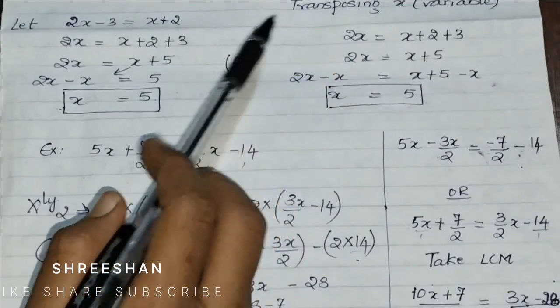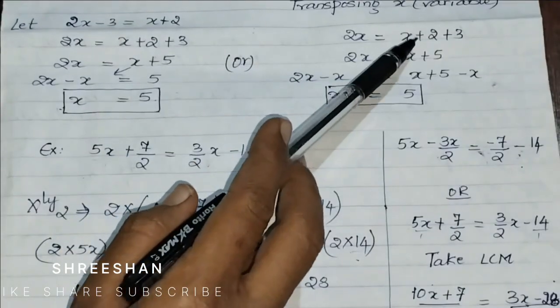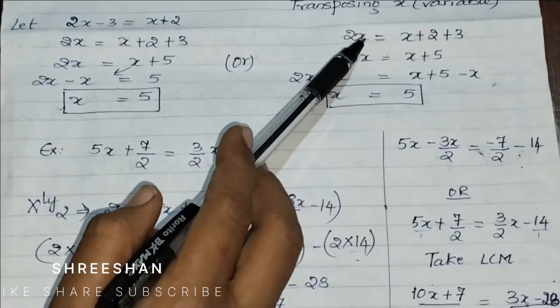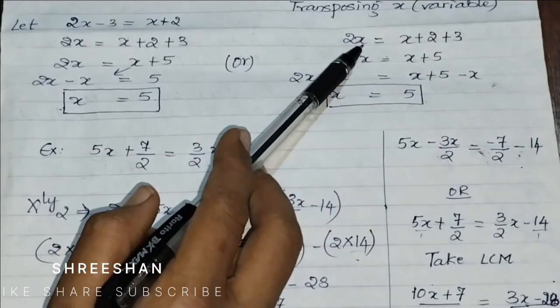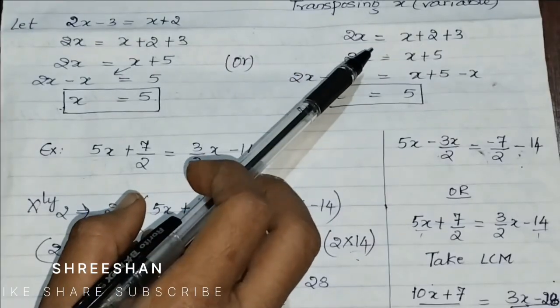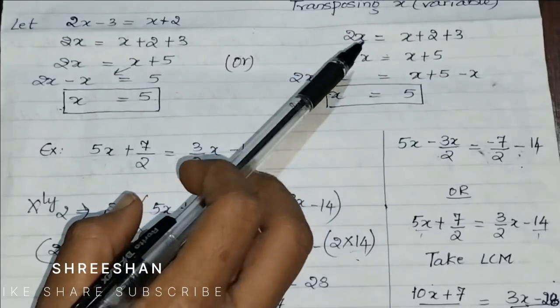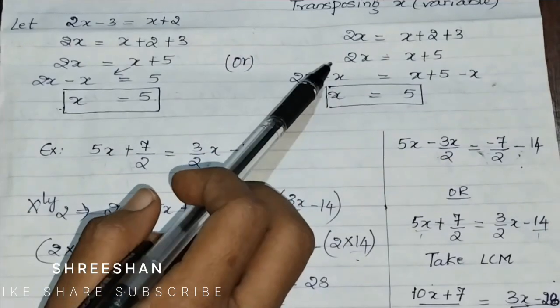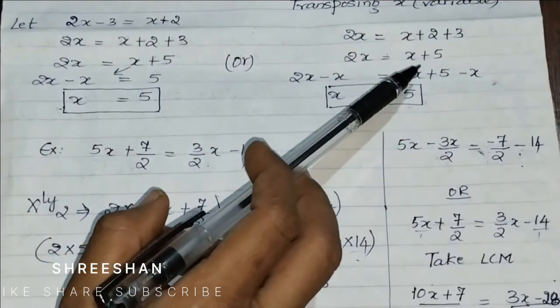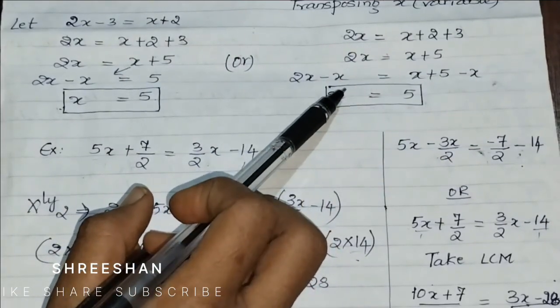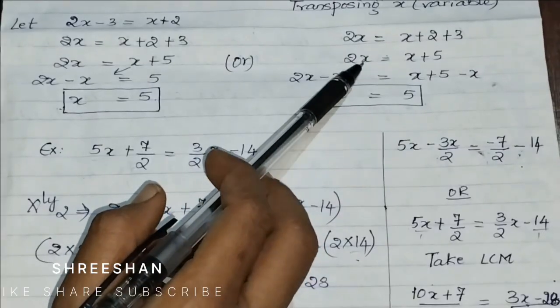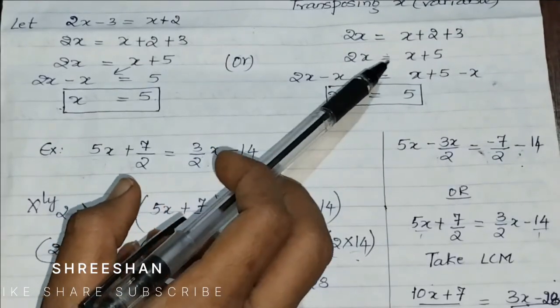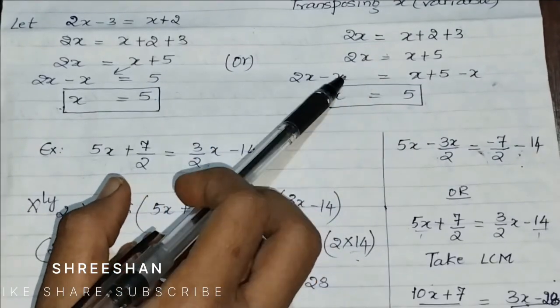2x is equal to the same equation, x plus 2 plus 3. Now what are you going to do? Transposing x means subtracting the term involving the variable on both sides. So you are subtracting a term on both sides, in the LHS as well as in the RHS. The variable is x here, so you are subtracting x on both sides, and after subtracting,